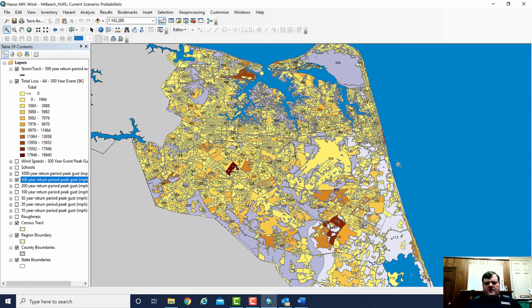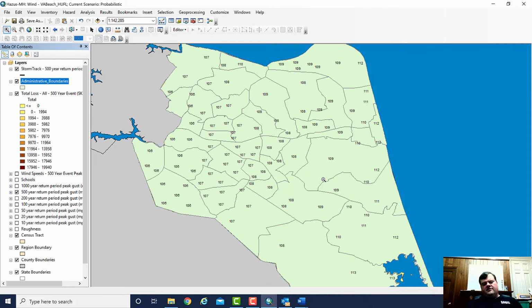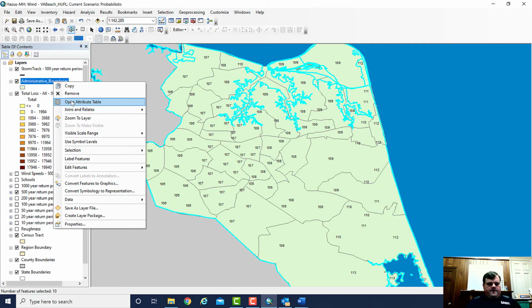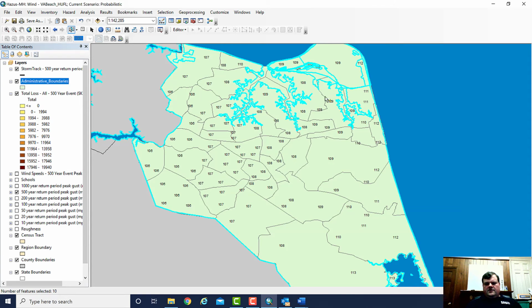So if I have a neighborhood map of Virginia Beach, I can add that. I'm just going to hit add data here. I've got some administrative boundaries I'm going to bring in. I just downloaded them from their local website. So if I want to know my losses for a specific neighborhood, I'm just going to open the attribute table here. So I've got one polygon, precinct 2, beat 220, so it's a police beat. So within this neighborhood, you see I've got this one selected,